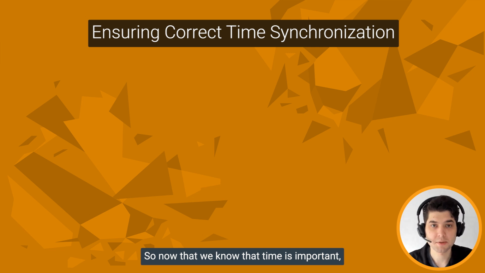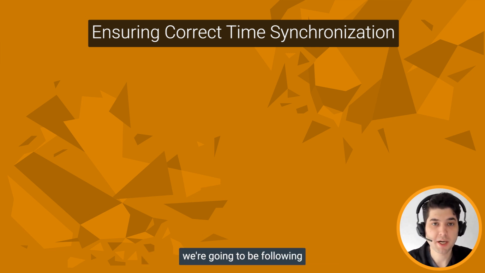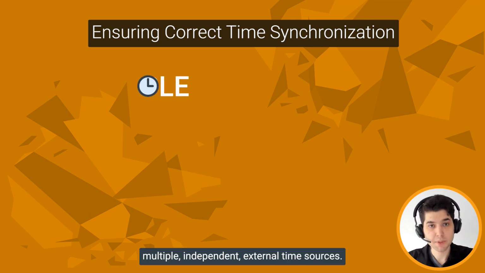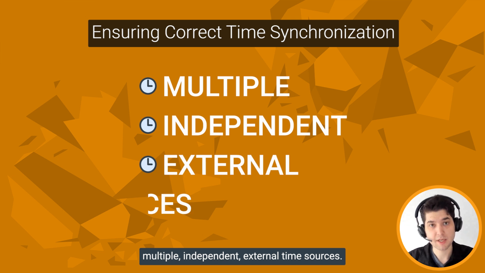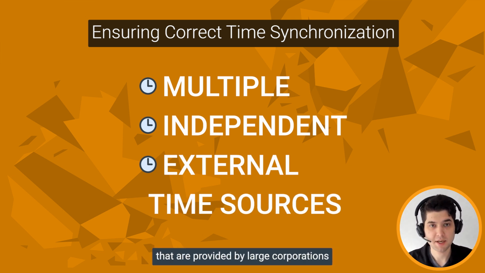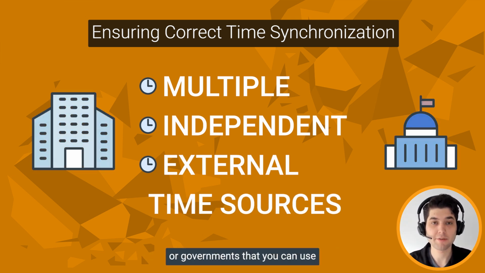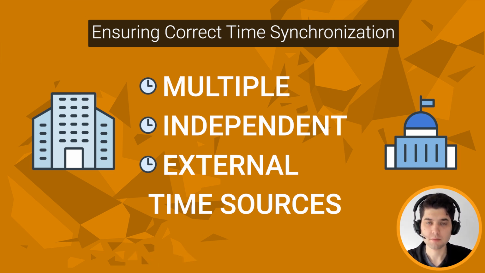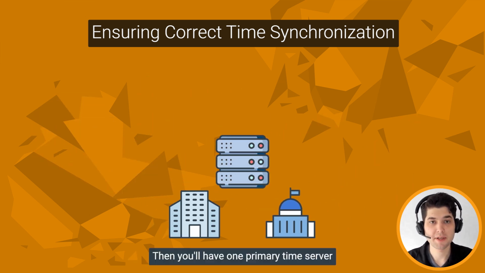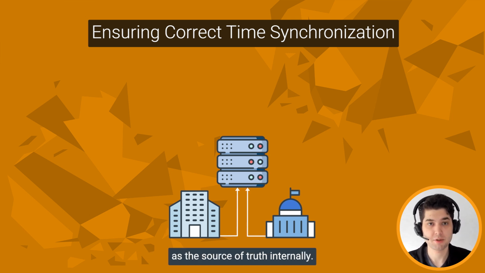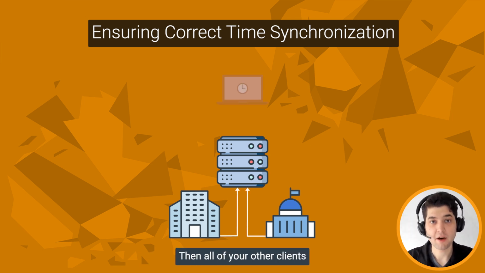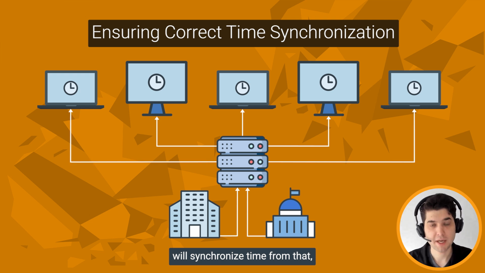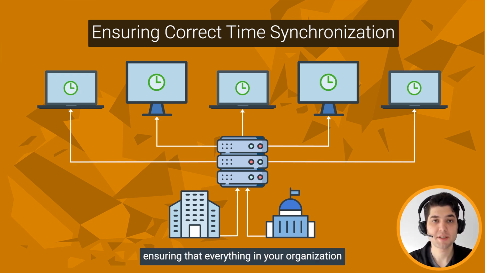So now that we know that time is important, what is the model that we're going to be following in order to make sure that time synchronization is working correctly in our environment? Well, most organizations follow the strategy of multiple independent external time sources. You want to find time sources that are provided by large corporations or governments that you can use to act as the source of truth for your environment. Then you'll have one primary time server within your environment that acts as the source of truth internally. Then all of your other clients will synchronize time from that, ensuring that everything in your organization is following the